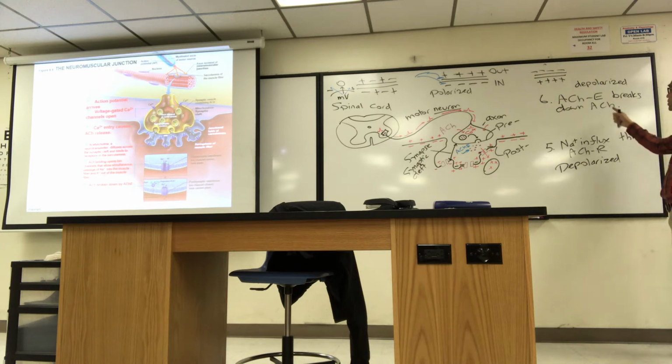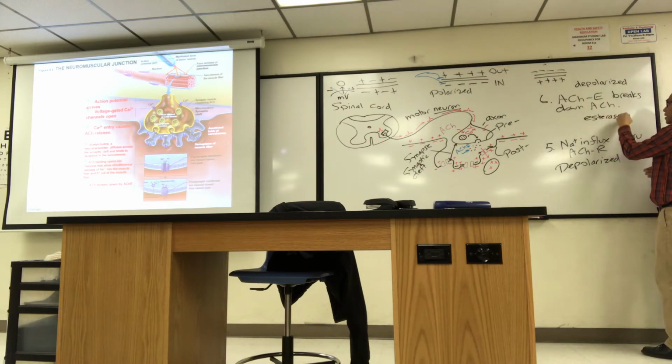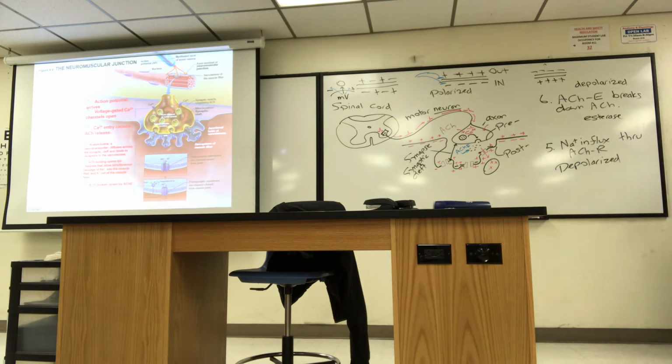Oh, I erased it. I wrote it up here earlier. Esterase. Basically an enzyme that breaks down ACH because you want to get rid of it. As soon as you get your depolarization event, get rid of ACH or you overstimulate the muscle. That happens when weightlifters lift their max, going all out, and there's so much release of the ACH that after they put the weight down, their muscles are still twitching. I don't think I ever lifted weights that heavy, but